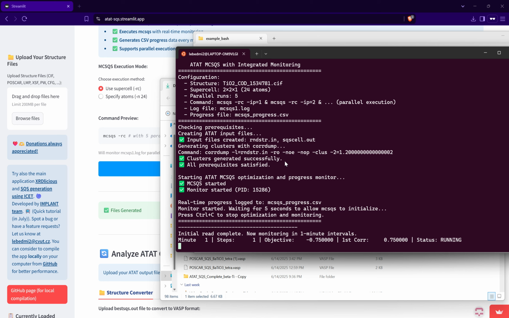So this script also creates another file which contains the information about the objective function basically after each minute. So you can see how the objective function converges based on how long this search is running. Okay, so let it run for a while, and now let's analyze the outputs. So first thing that I would like to do is to convert, for instance,